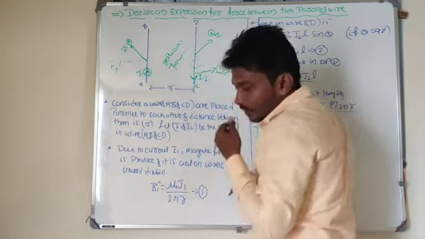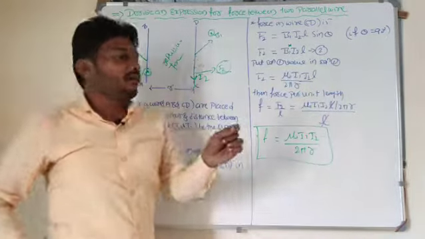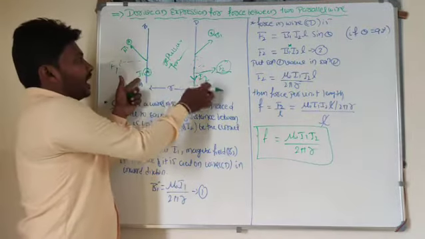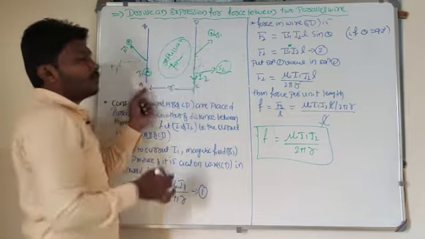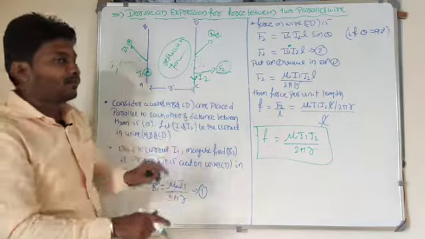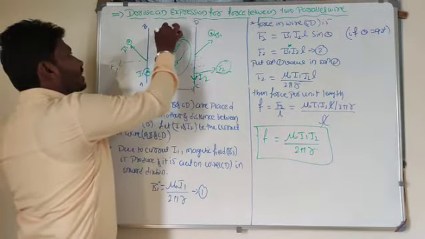Repulsive force. Look at here, in these two parallel wires, if current is flowing in opposite directions, a repulsive force is present. If current is flowing in the same direction, there exists an attractive